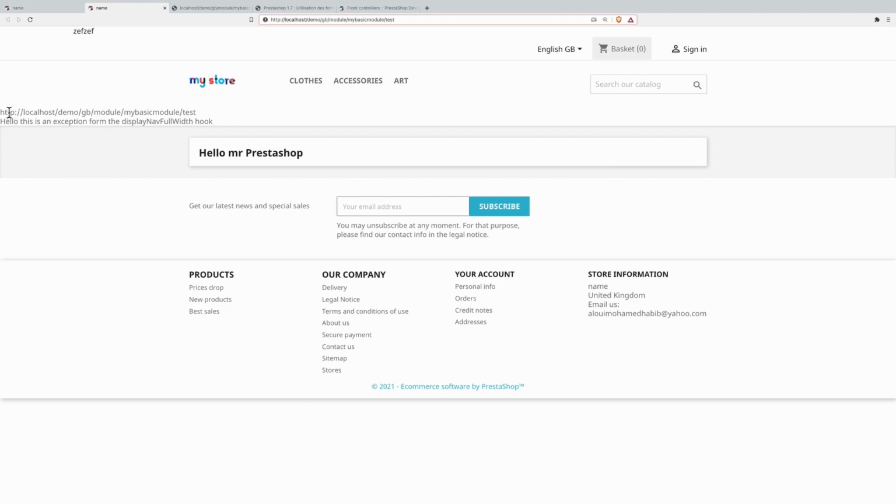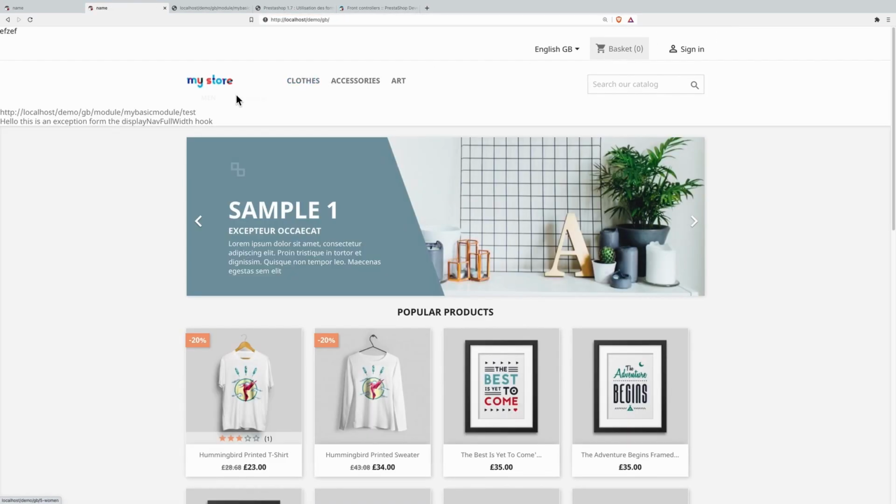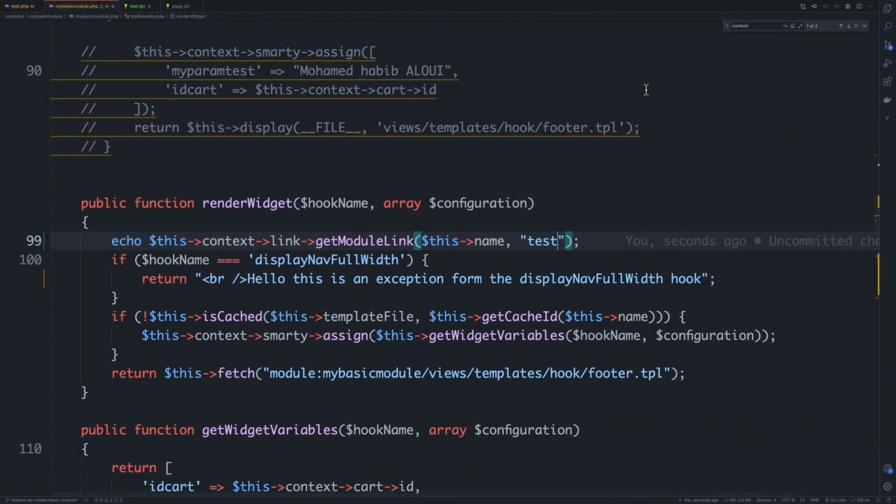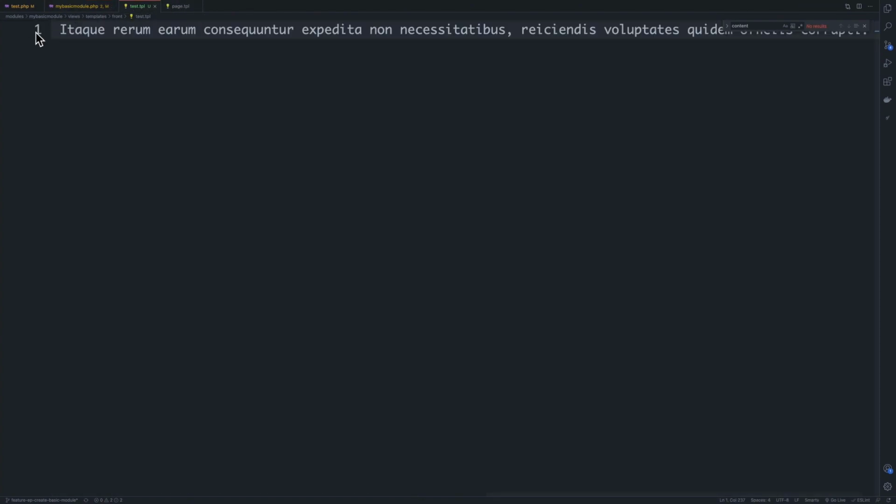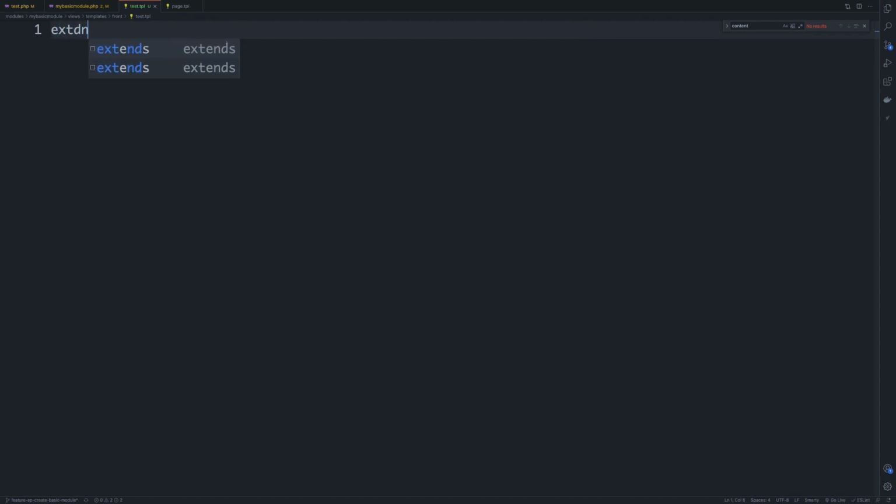So now I'm on the front page and I can see that I have a link here. Let me just refresh the page just to make sure that everything is fine and working as expected, except I'm on the wrong page here. So go back to the demo, and this is the link. So control click, go to this, and there we go. So we have a kind of lorem text that is coming from this little page called test.tpl that we created previously. So let's go ahead and make this more pleasant to the eye, and let's extend the page.tpl,